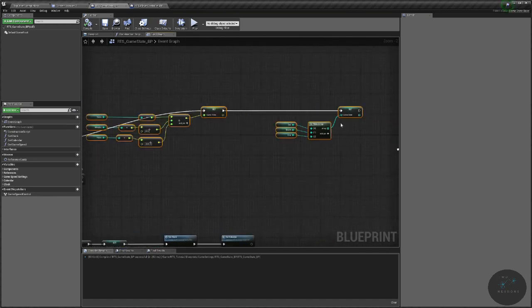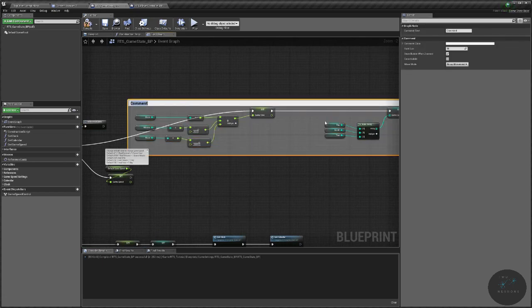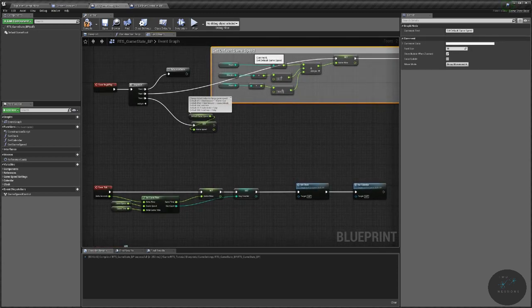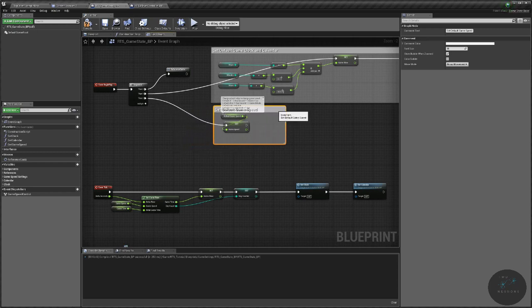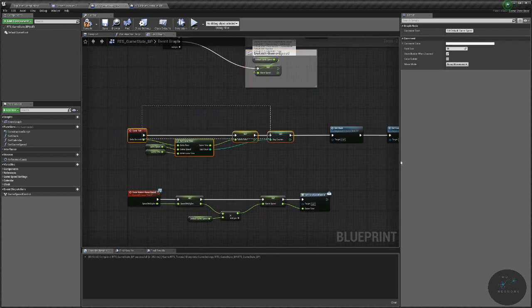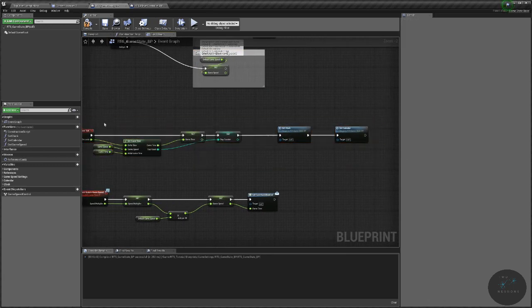I'm going to comment out this section as set default game speed. Or sorry, not game speed. Set default game clock and calendar. And this bit down here, I'm going to comment out, is my set default game speed. I typically on my ticks just comment it as tick, but for this tutorial, what I'll do for reference is comment it. Actually, I'm not going to comment all of that out. I'm going to comment just this bit